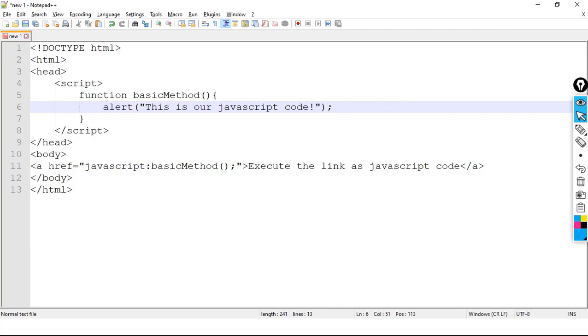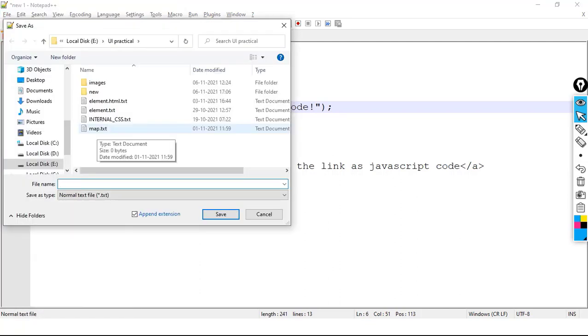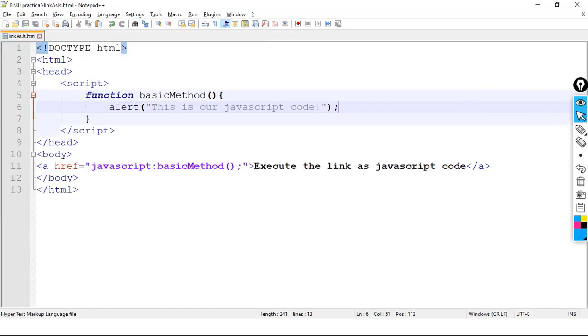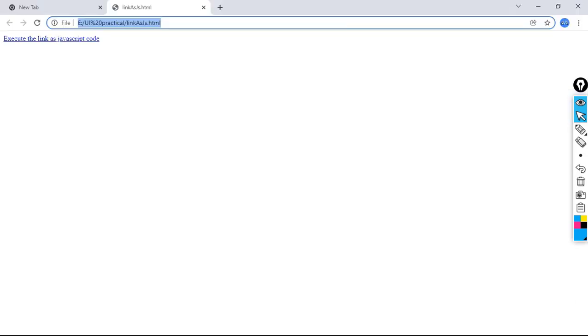Let's save the code and check the output once. File, save. Here we'll write link as javascript.html. Save the code and execute the code with view. The browser is Chrome.